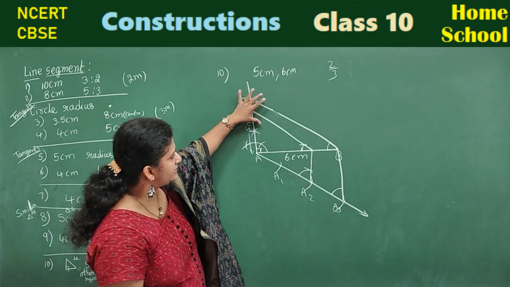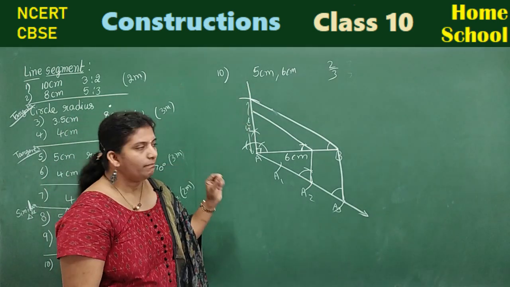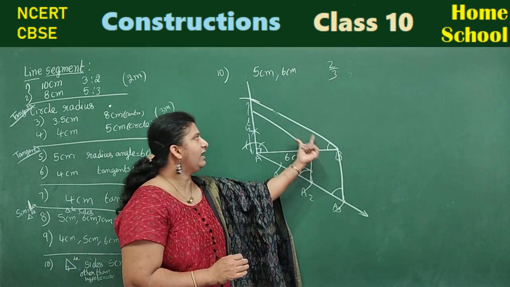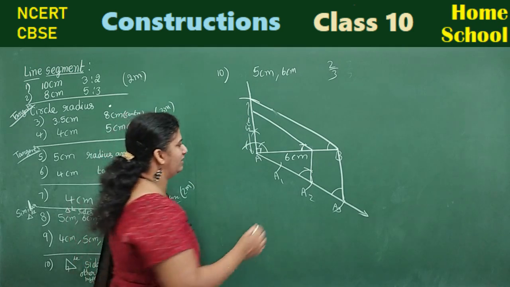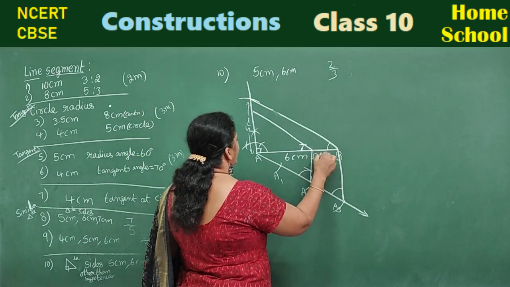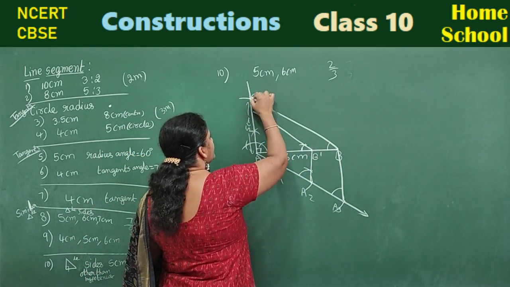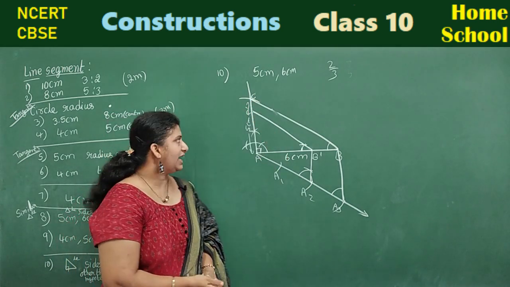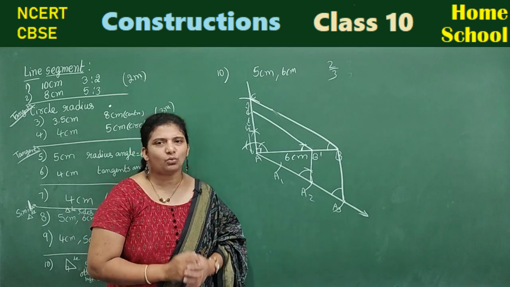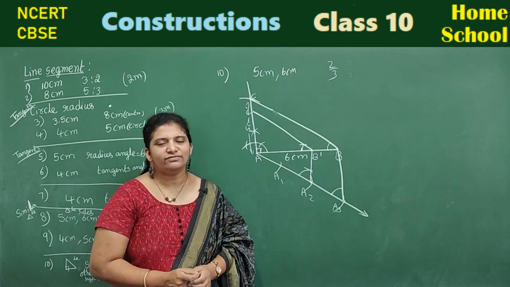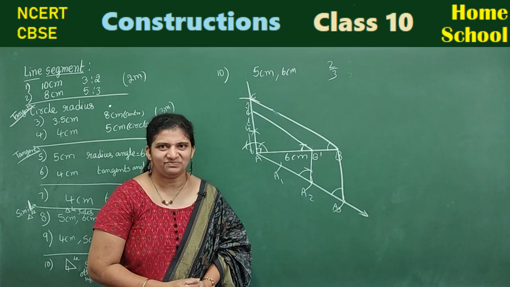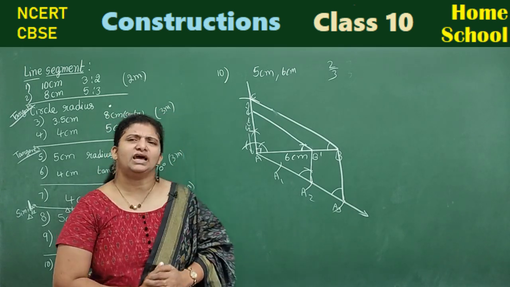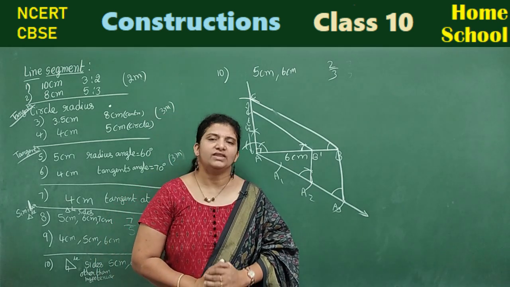Here it is a little off, it's not parallel. But in the actual figure, these two will be parallel and these two will be parallel. Mark this point as B dash, and this is C and this is C dash. Therefore, triangle A, B dash, C dash is the required new triangle for the triangle ABC. In this way, we need to do any type of similar triangle if they ask.